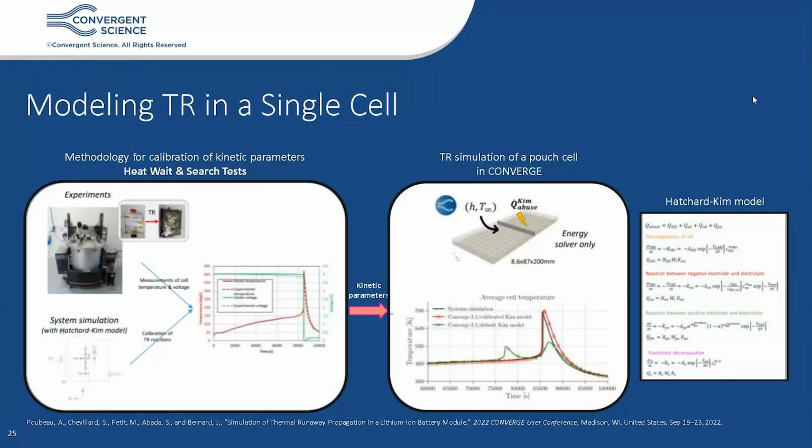The approach to calibrate simulation reaction mechanisms to experimental data and use them in CONVERGE simulations was showcased by engineers from IFPEN at our 2022 CONVERGE User Conference. They started out with a heat-wait-search test for their pouch cell. They got their experimental data from those closely controlled tests. They used the Hatchard-Kim mechanism and calibrated those reaction parameters to match the experimental data,